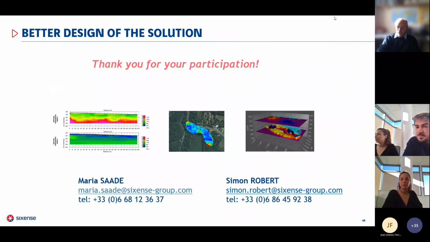And are you able to distinguish higher modes with your methods? Do we use higher modes? We do not use higher modes. We only invert the fundamental mode of Rayleigh wave, and in case you have 3C sensors, we have a joint inversion of fundamental mode of Rayleigh and Love waves. We do not invert higher modes, but of course we observe them sometimes, and we try not to pick them in the picking of the dispersion curves.